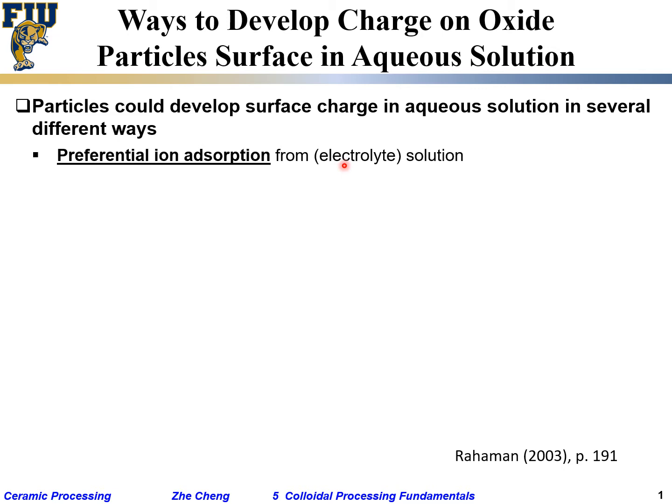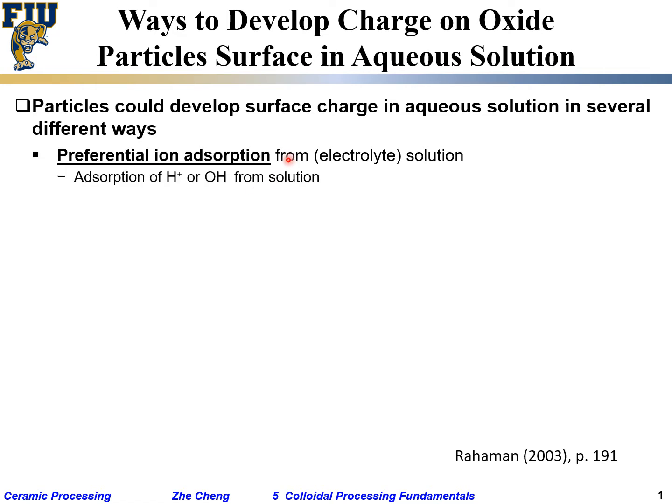In the aqueous solution, there are charged species within the water, within your solvent, essentially. And your particle, because of its chemistry nature, preferentially adsorbs certain ions, positive or could be negative, and that would lead to the particle surface to be